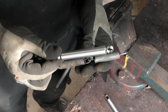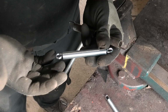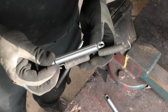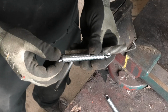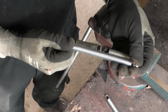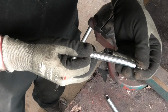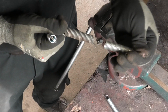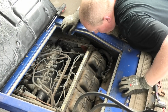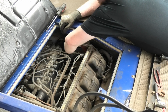So the other option is this thing. I think this is pretty close to what was on there originally. I don't know the exact dimensions of the original spring, but on the drawings that I have, it looks kind of like this, at least in terms of the size relative to everything else. Now this is quite a bit shorter, but it is also quite a bit weaker, so once again, it will have that pre-tension on it, but it's still weak enough that I can pull it a bit more. Just by hand, I can pull it more than I can this thing, so I think this will work pretty well. But now, the real challenge is going to be getting this thing back on there. I may just have to make some